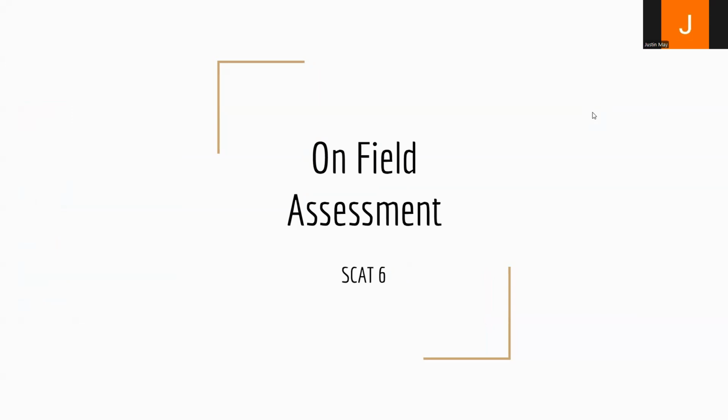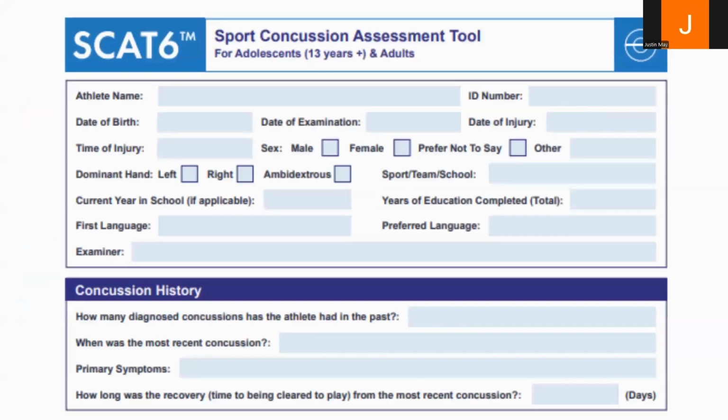Today we're going to be looking at SCAT6 and addressing the on-field assessment. The first thing we do when we have a SCAT6 is we have an information section. This is just going to be filling out the athlete's name, date of birth, time of injury, just some pertinent information on them, the date of the examination, gender, dominant hand, year in school, first language, and then notating who